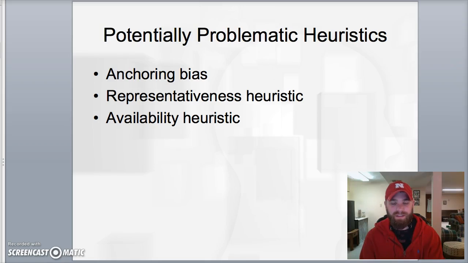And then it just kind of disappeared, right? We all were scared about it because that's all the news would talk about. But they weren't spending their time talking about how many people were killed in car accidents that day, which is a number that would have been way higher than the amount of people killed by Ebola. They didn't talk about how many people died from heart disease, which would have been a number way higher than the number of people hurt by Ebola. But since that information was readily available, we probably as a society got more scared about that than we needed to be. So that's an availability heuristic.